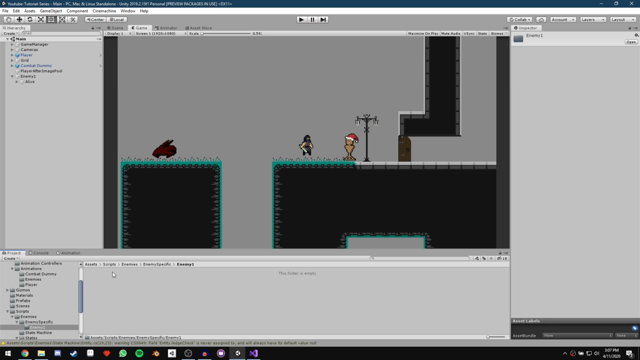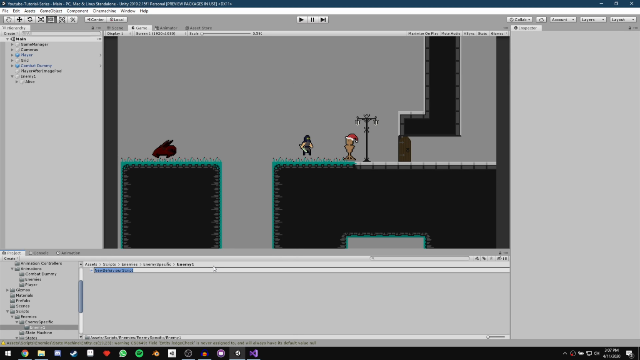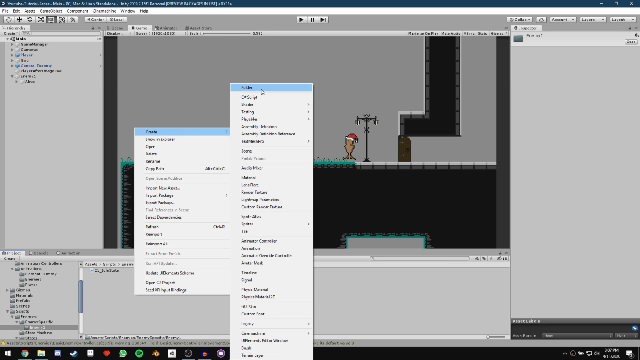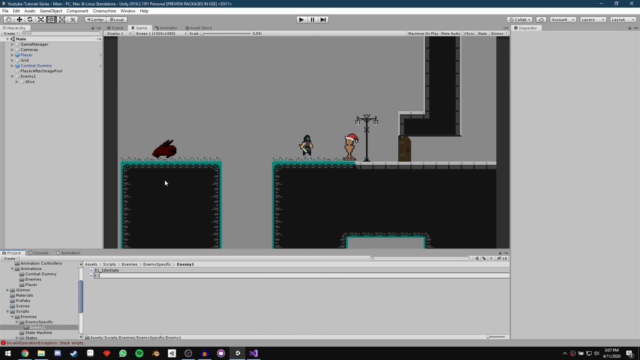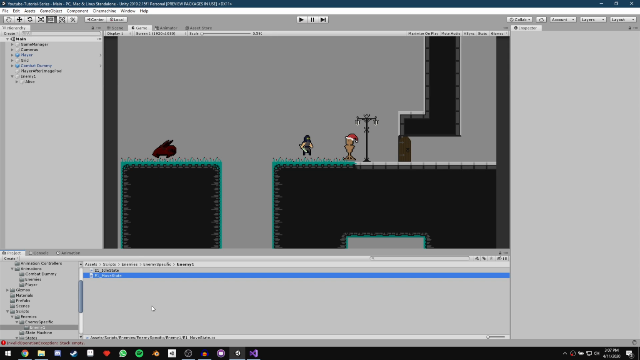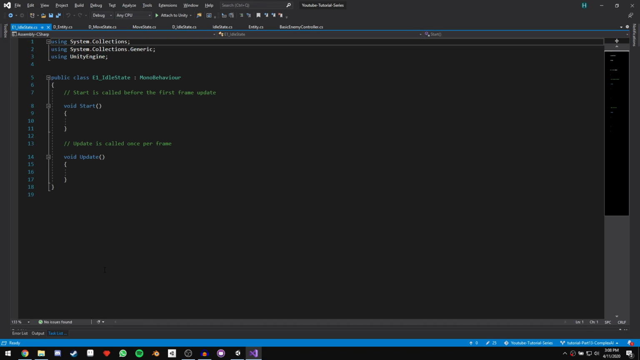Now, in this folder, we're going to create a new C# script. And this time, we're going to start off by saying E1 to mean enemy1 underscore, and we'll create a idle state. And let's do the same for the move state. So E1 underscore move state. And let's open both of these up in Visual Studio. Starting with our move state,